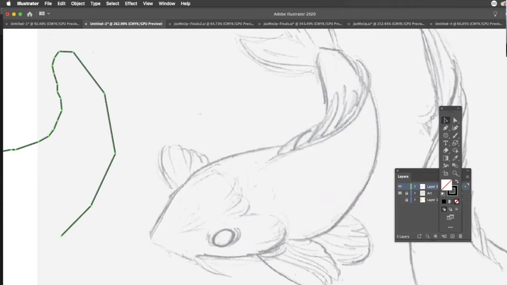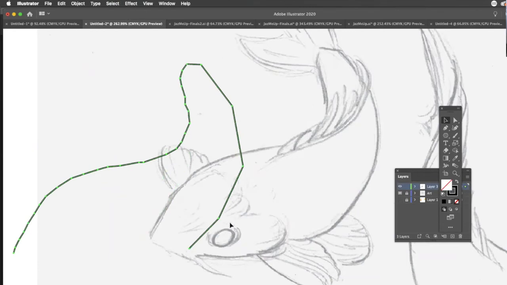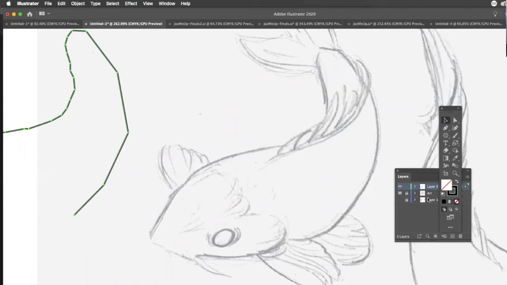So what you want to think about when you're drawing in Illustrator is to make the shape that you're trying to draw with as few points as possible. As you can see here, there's a lot of points on this line, and each one of these points is really causing a problem. So I want to try to do something fluid. I'm going to grab my pen tool and click down. Now, technically, the nose is a little rounded right here, but I'm just going to start right here. It looks to me like there's one big arc right here. So if I click down and make one point here and maybe one point here, and I click and drag,